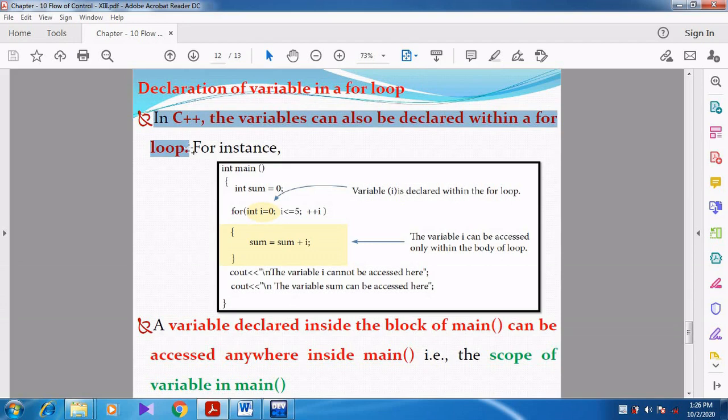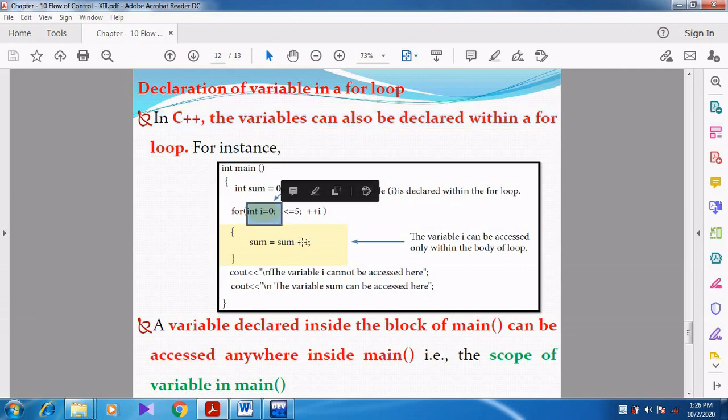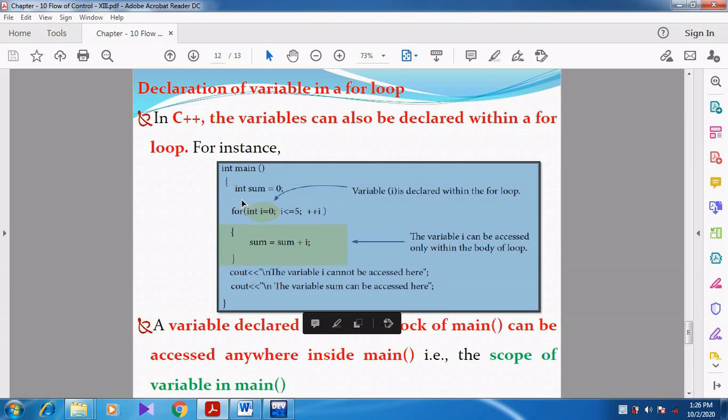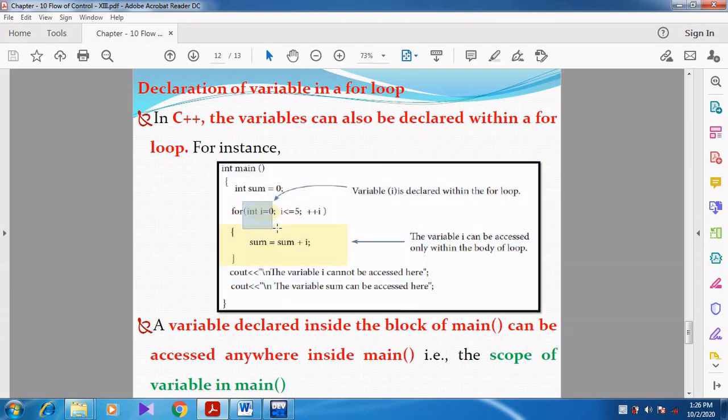In C++, variables can be declared inside the for loop, in the initialization part. In the initialization part itself, we can declare the variable int i equal to 0.